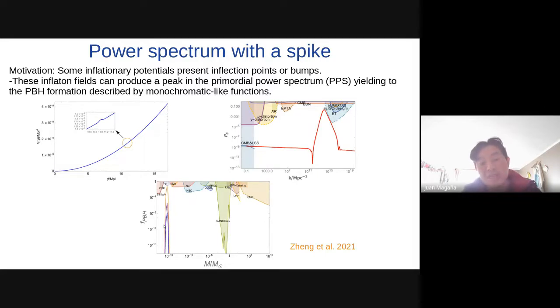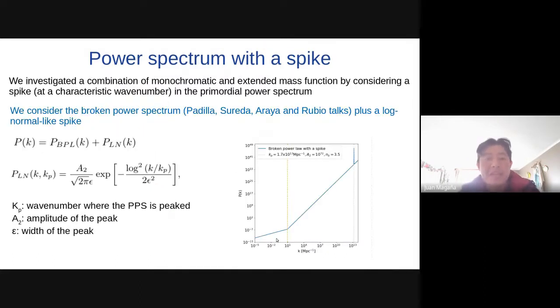Also, as mentioned before, if we move this bump, we can put this kind of monochromatic mass function at different positions here. Then we want to investigate a combination of the monochromatic mass function with the extended one by considering a spike at any characteristic wave number in the primordial power spectrum.